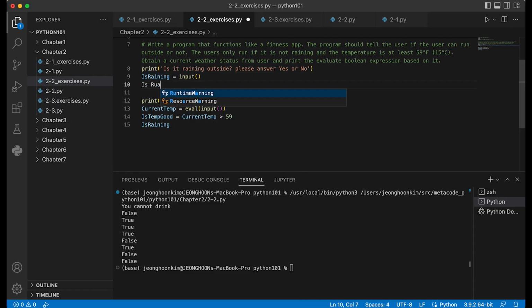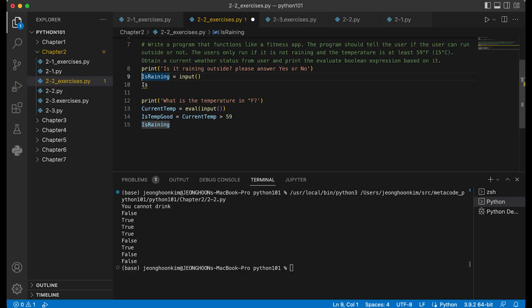And is rain. We get the answer from there, yes or no, right? Rain or not. And is raining, we save this one if there is no rain, because that's what we want, right? Rain or not is equal to no, right?